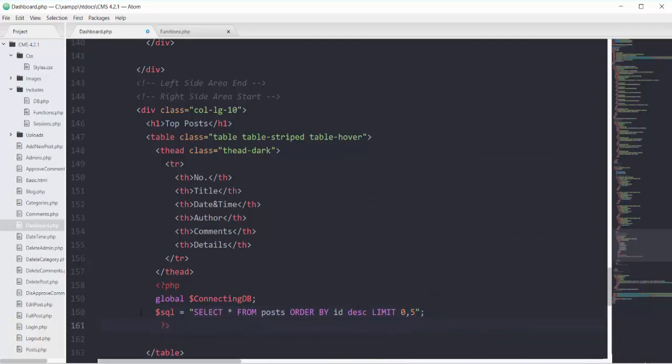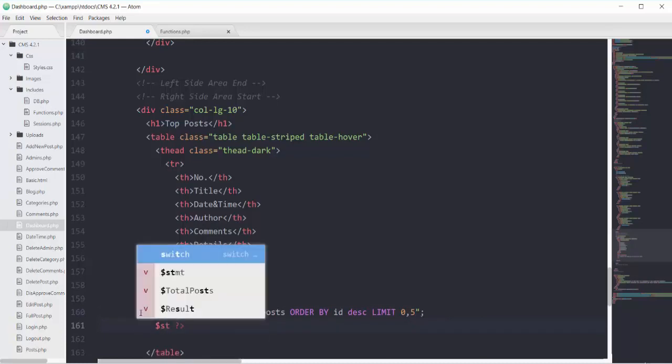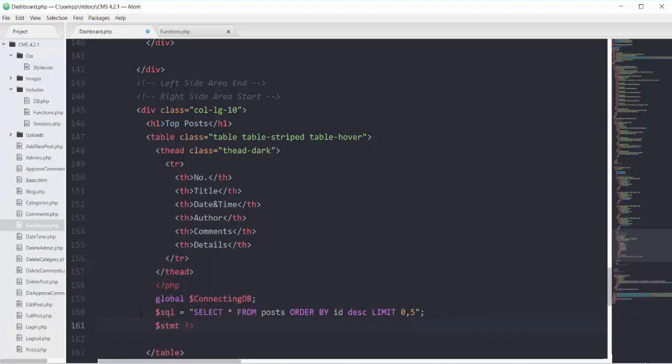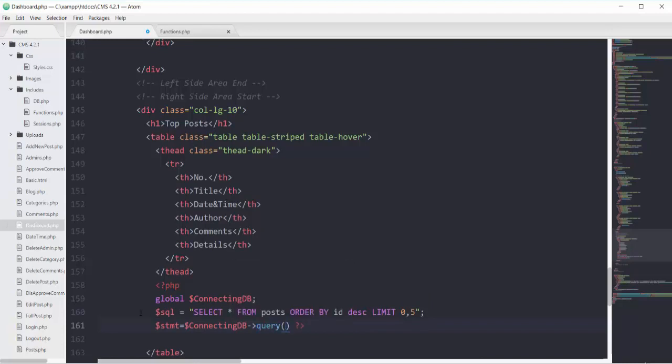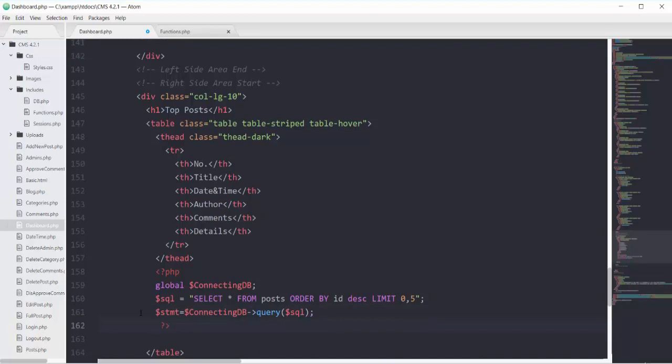Then on the next line I will have this variable stmt that will use our database connection and call the method of query, passing MySQL here, and then we will have our while loop.